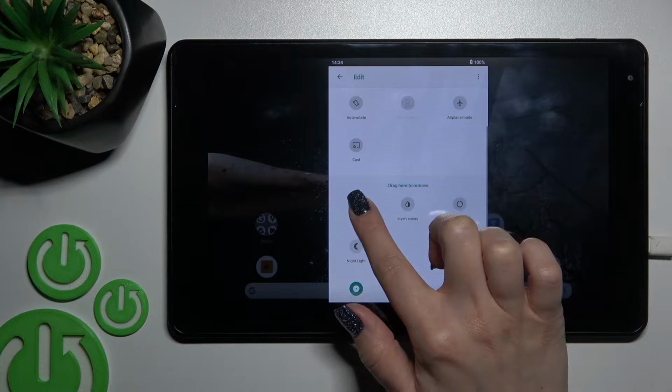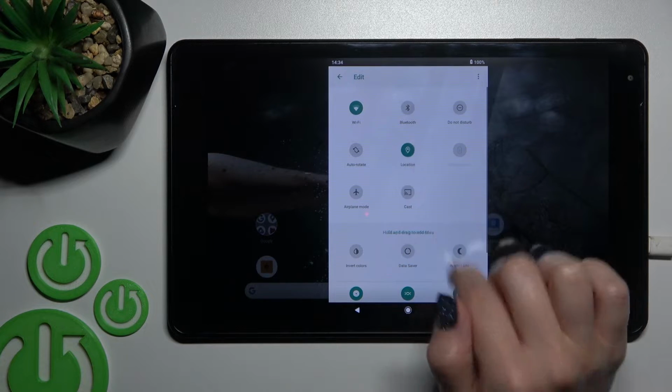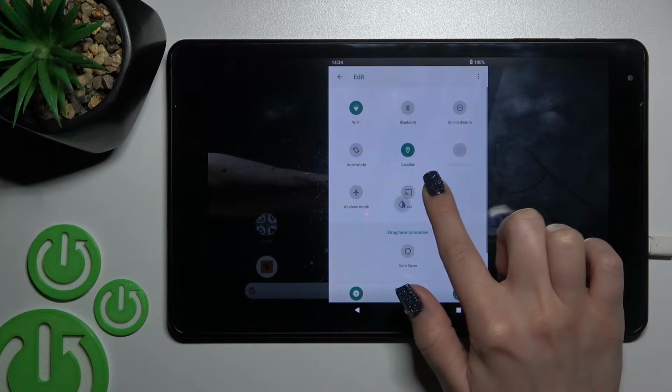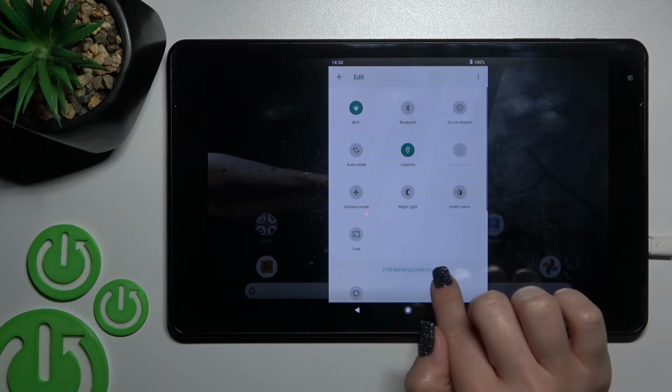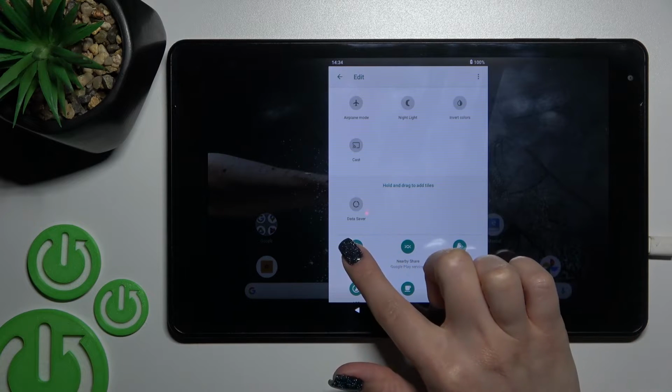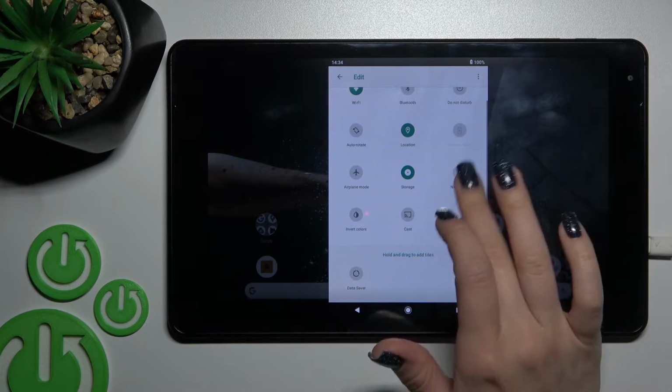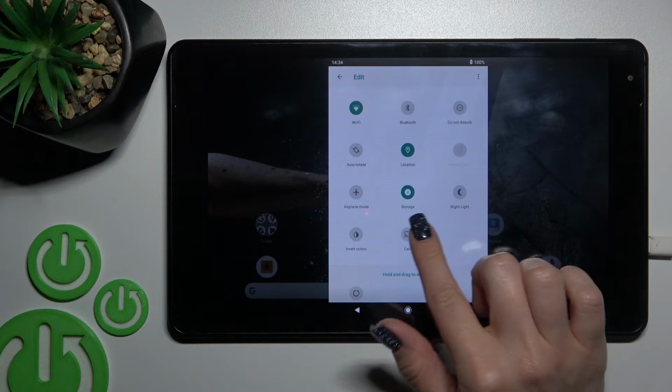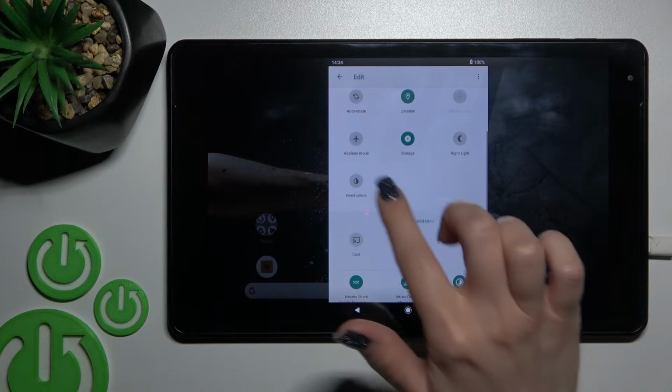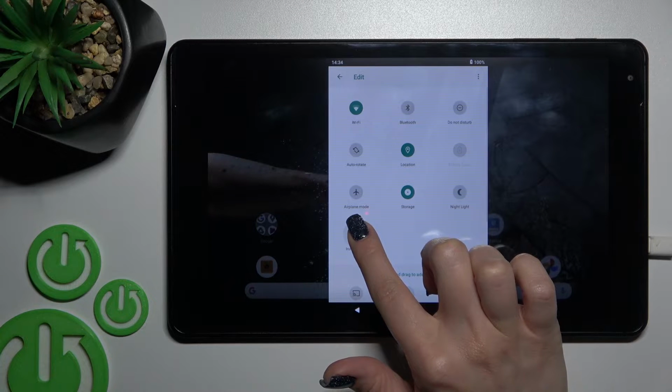For example, to add the location, just hold it and drag it here to this up section. In the same way, we can add more icons, just hold it and drag it here to the up section. If you want to remove some icons, in the same way, just hold it and drag this icon